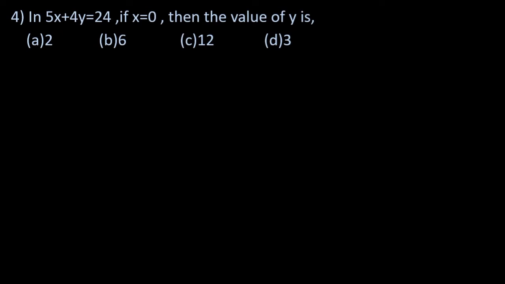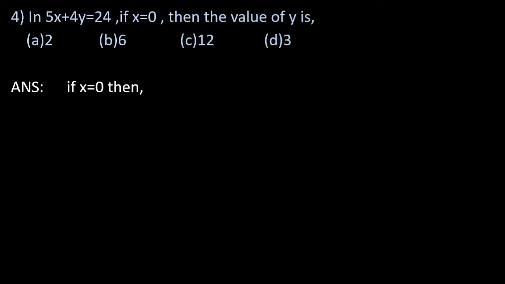Fourth one, if 5x plus 4y is equal to 24, if x is equal to 0, then the value of y is. Options we have 2, 6, 12, 3. Here they only gave an x value, we need to substitute that value in that equation, and the answer we will get is only y. Now we will substitute. Then if